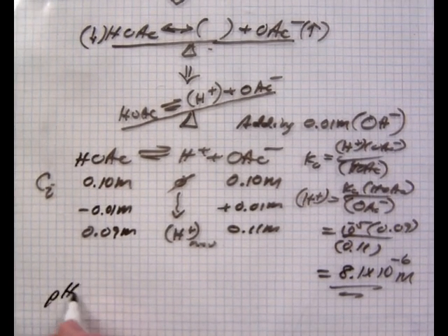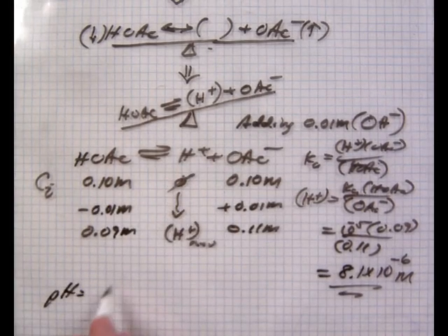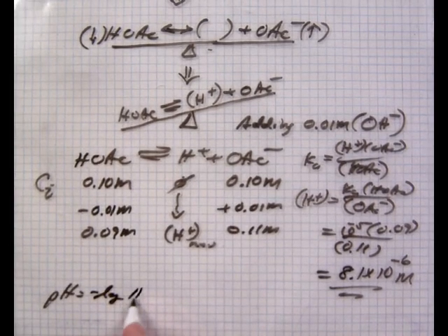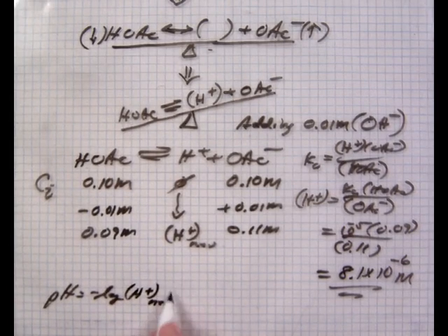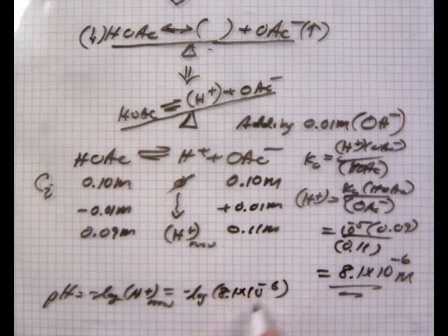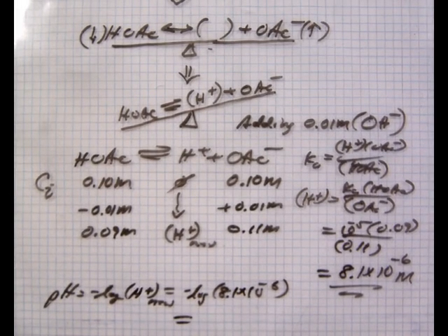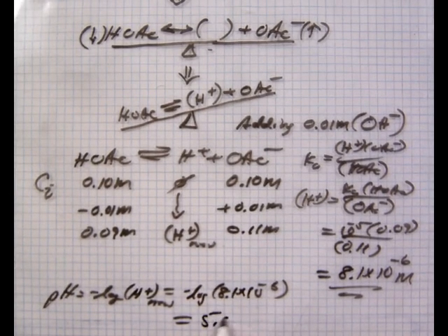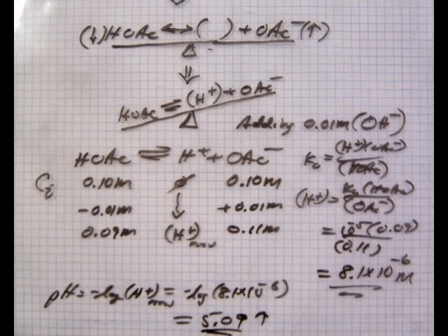So now your pH in this case is minus log of the new hydronium ion concentration, which gives you a 5.09. Yep, 5.09. So we started at 5, so when you added base, it shifts up a little bit,